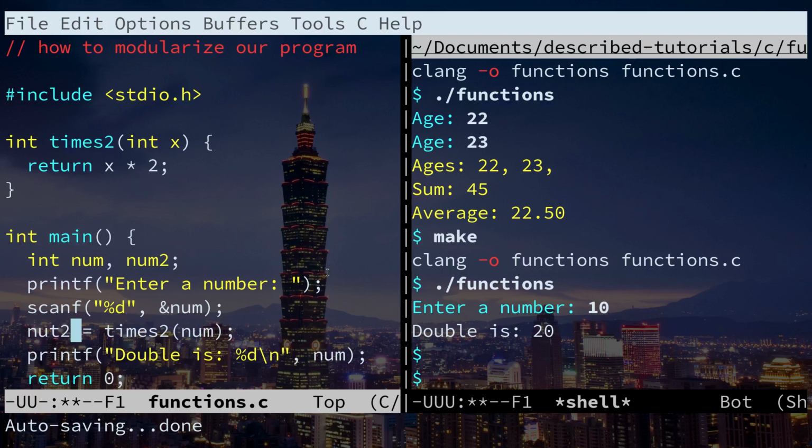And we can change a lot of the other stuff. We're not going to worry about that right now. Okay, and then we're going to change the fact that it's printing num. We're going to change it to printing num2. Indent to printf("Double is: %d\n", num2);